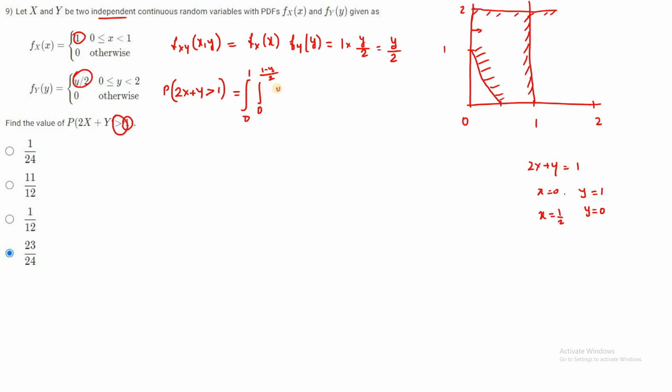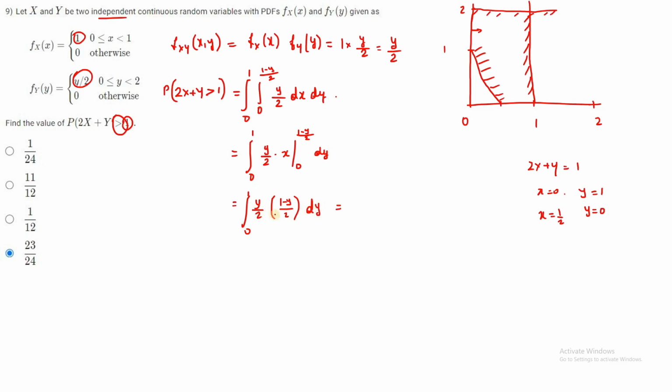That is y by 2 dx dy, which is nothing but integral 0 to 1. If I integrate this, what will I get? I'll have y by 2 into x, what is the limit? 0 to (1 minus y) whole divided by 2 dy, which is equal to integral 0 to 1 of y by 2 of (1 minus y) whole divided by 2 into dy, which is equal to,